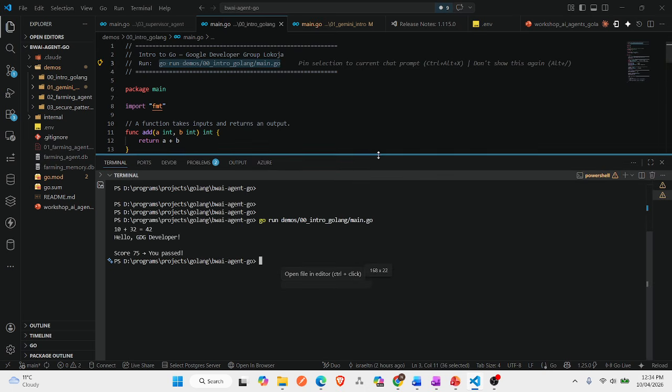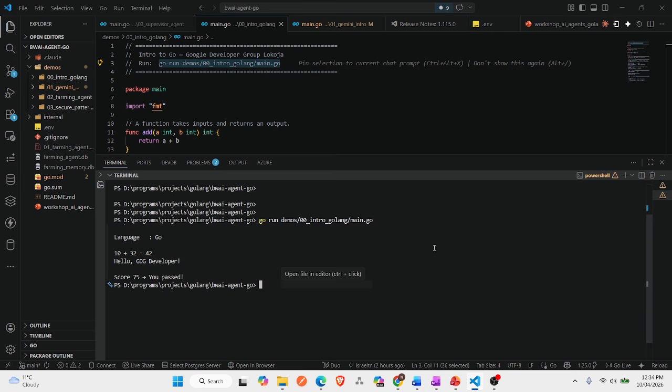Let me increase this. So this is our first Go code. We are trying to add 10 plus 32, which gives us the answer. And remember, we're also trying to print hello Google Developer Group, GDG